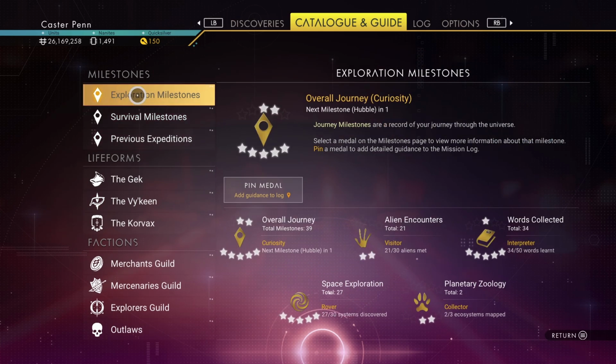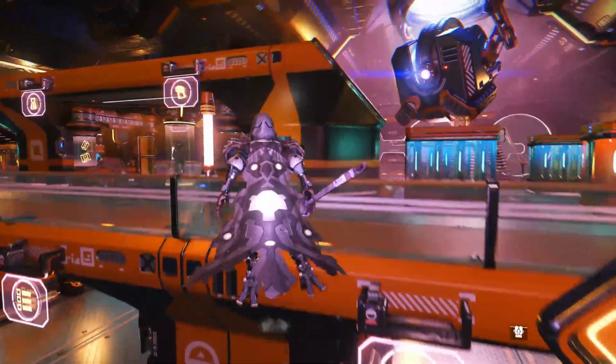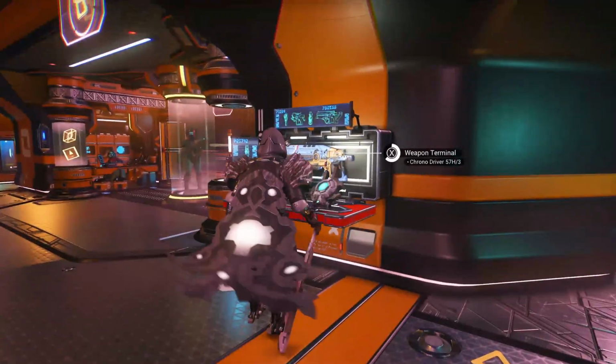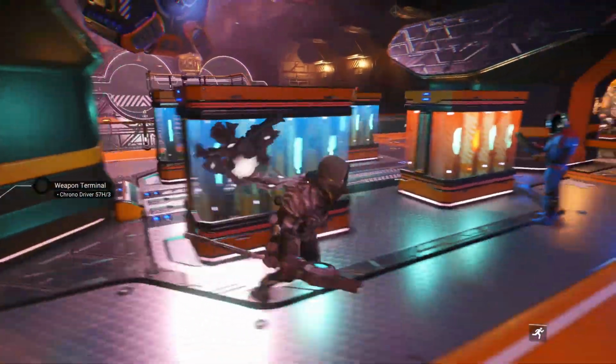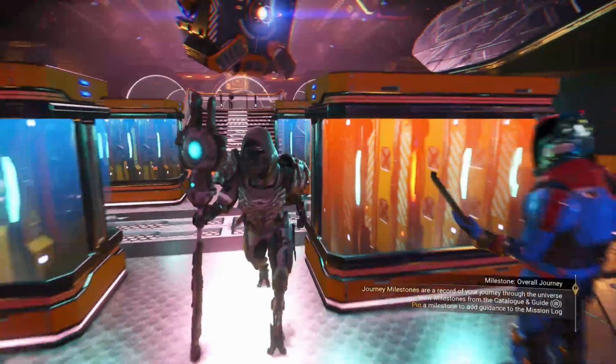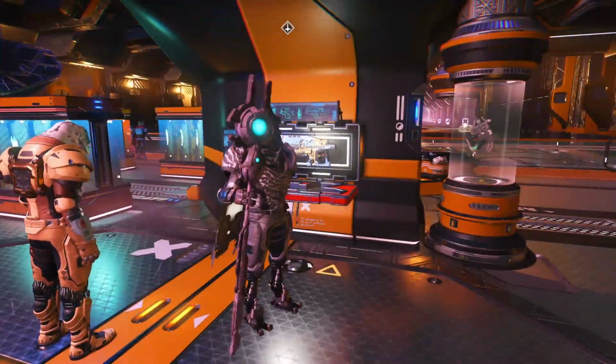So let's continue with our exploration here. So we got quite far with the Atlas missions. We do need to get this extra milestone. So I'm going to have a look in this space station as I normally do here. Apparently I don't want to talk to you. Have a look at what is about. The thing is,